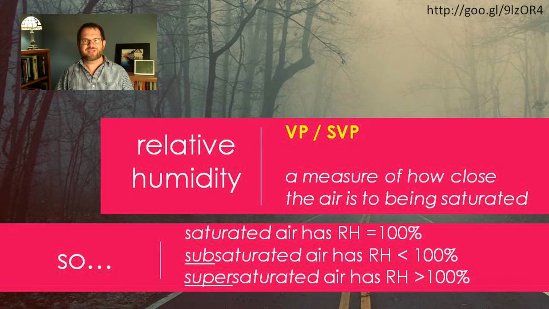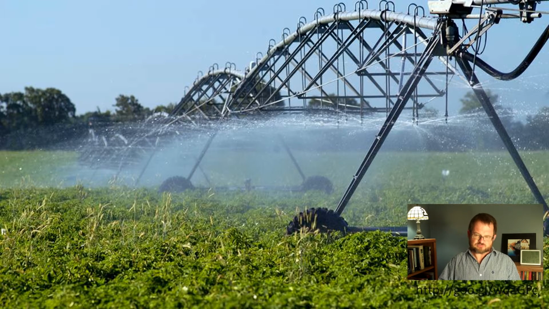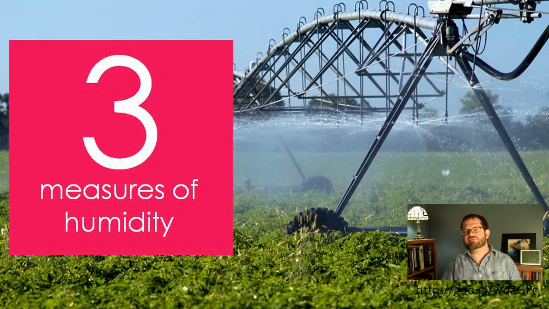Oh, hey, I bet this is what happens in clouds, and you're exactly right. So air can be supersaturated. It can be holding a little more water vapor than it can hold, but only for a matter of moments, and then the excess water vapor condenses out. So water vapor is going to be condensing out into liquid water drops to produce precipitation. Armed with this idea of saturation, we can come up with 3 different metrics